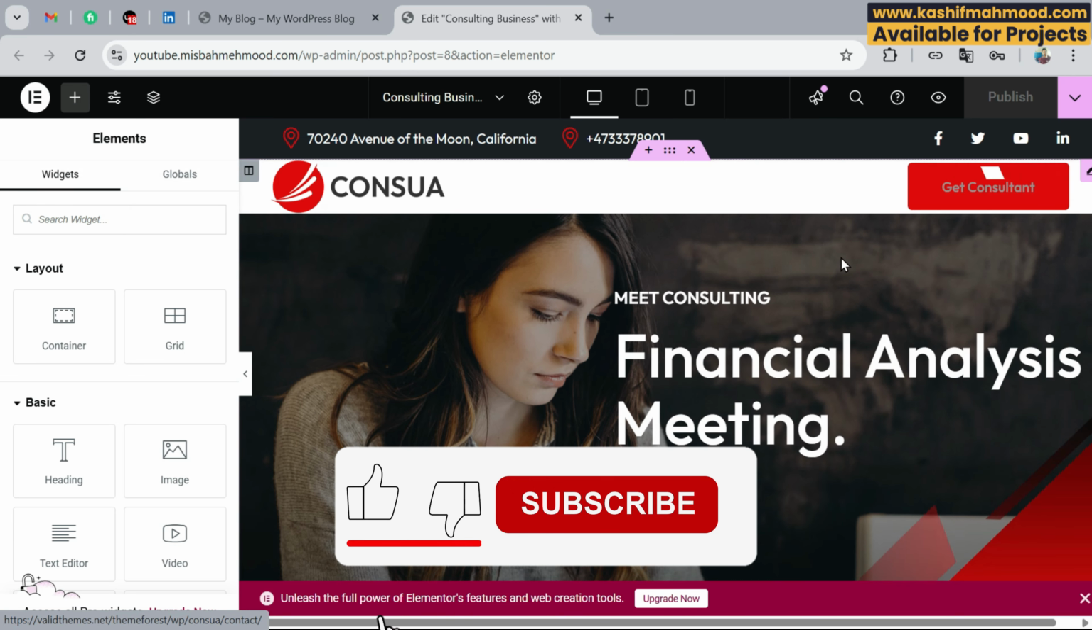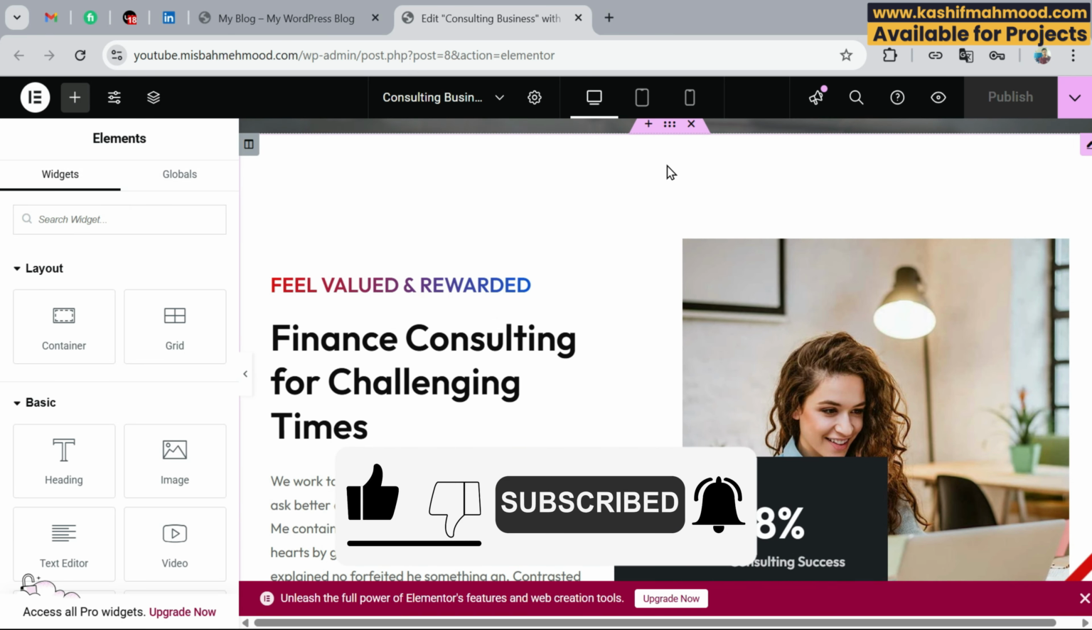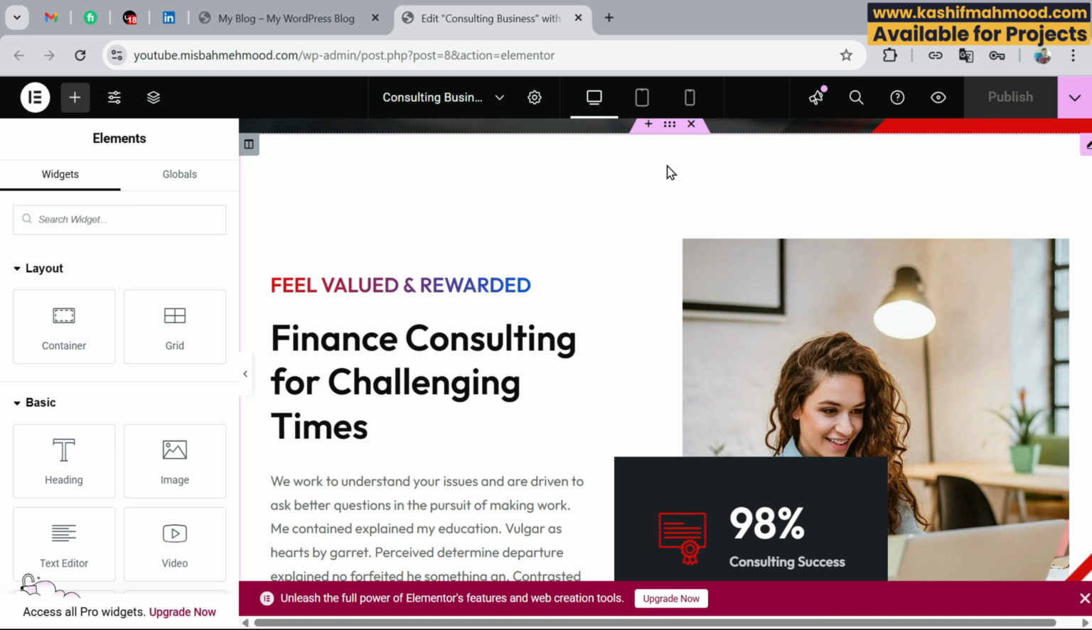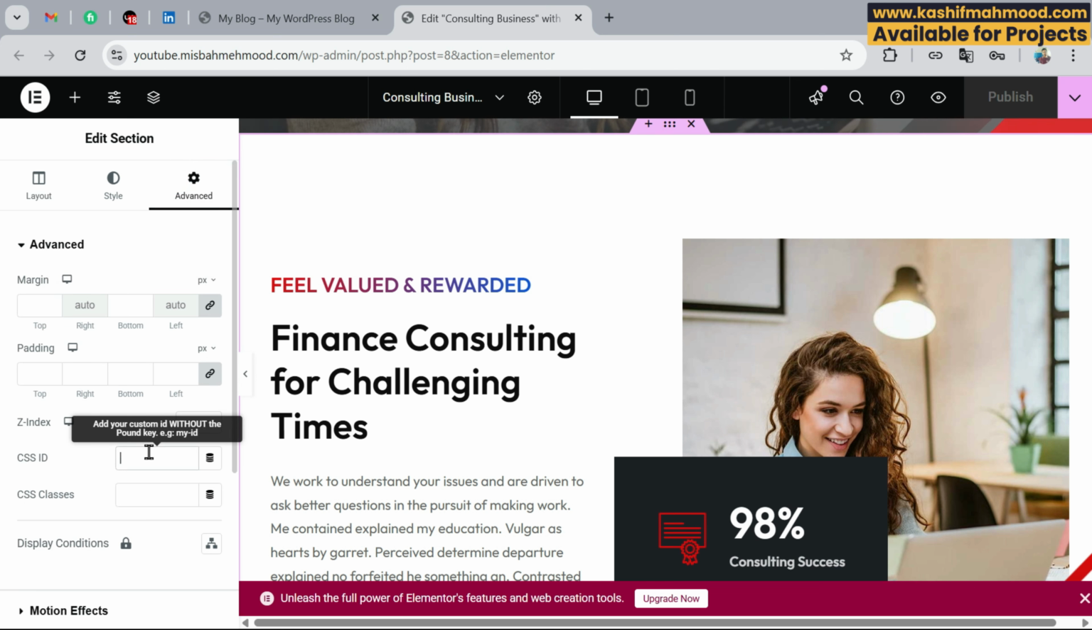Now we can close this and we will scroll to this section. This is the about section, so we want to link it with the about menu that we will add. So just click on this six dot button, go to Advanced, and here under CSS ID write about,